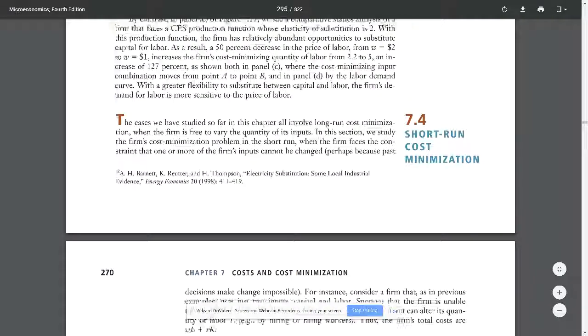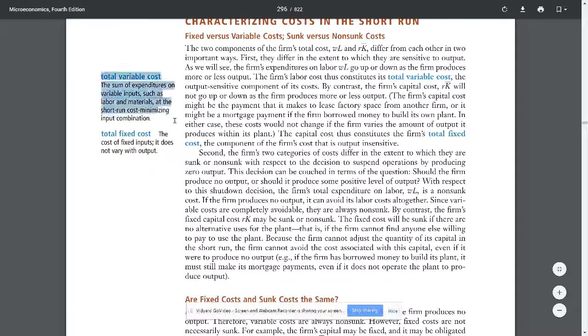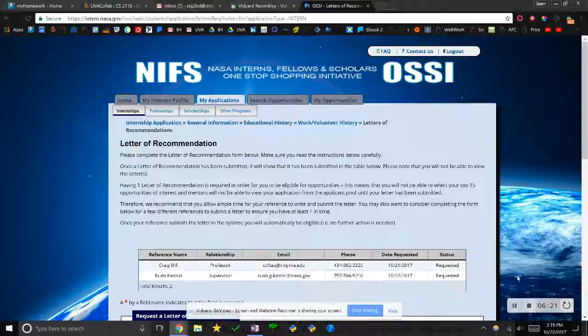So that was the long run. So we're going to look at the short run now. So then we have the total variable cost and total fixed cost, because now we have some kind of fixed cost in here. So we have to deal with sunk and